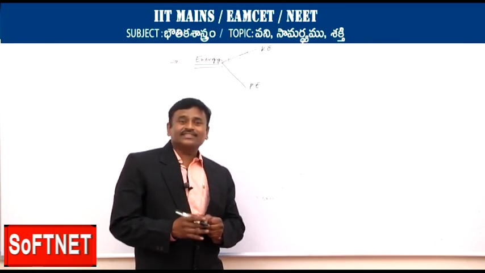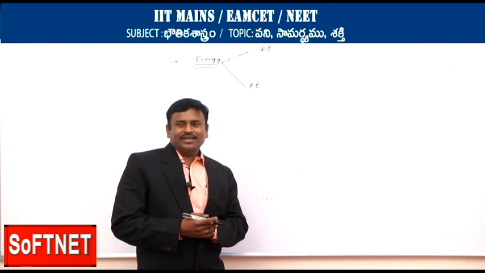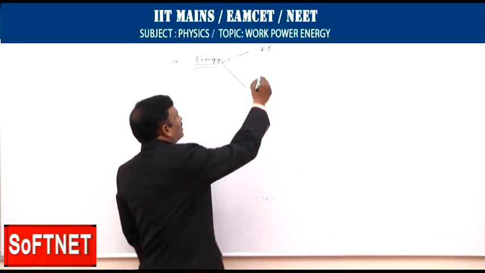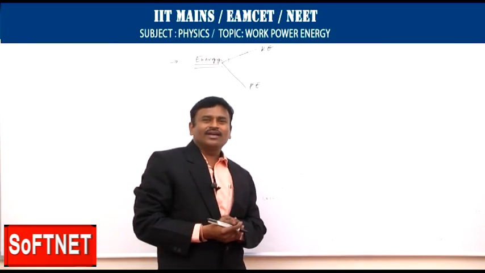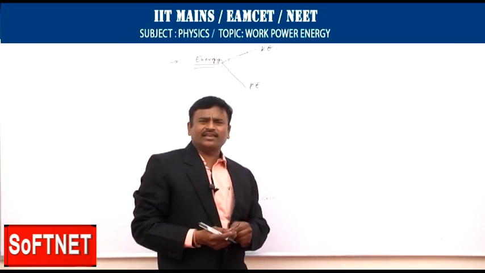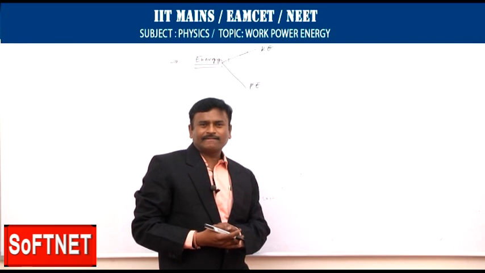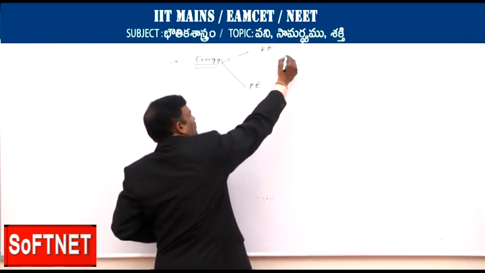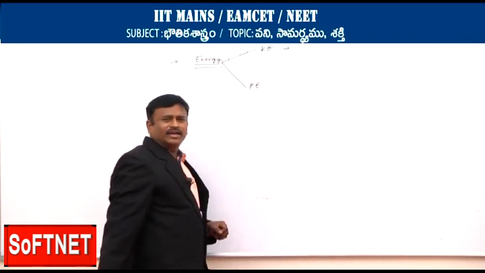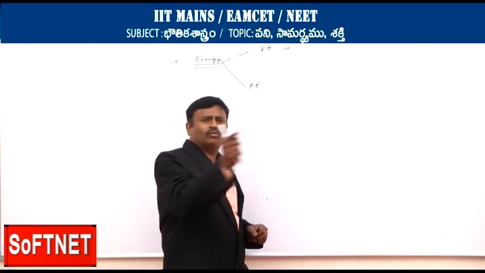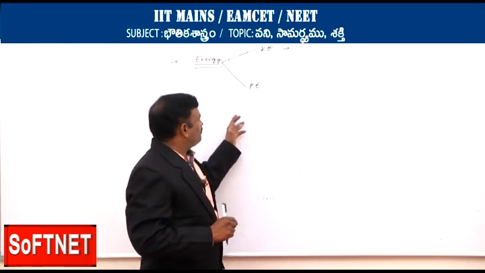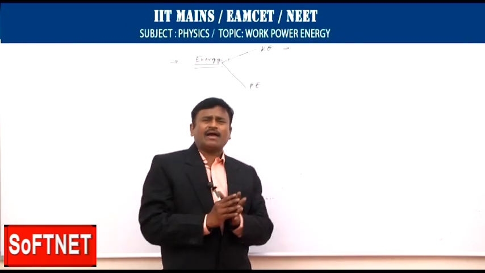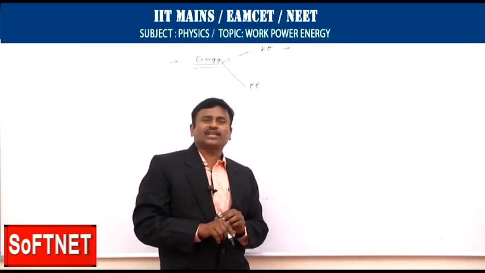పొటెన్షియల్ ఎనర్జీ అంటే స్థితి శక్తి. సో గతి శక్తి అంటే ఏదైనా వస్తువు గమనంలో ఉన్నప్పుడు దానికి ఉండే శక్తిని గతి శక్తి అంటాం. దానికి ఎగ్జాంపుల్ బుల్లెట్. A bullet is fired from the gun, it will be moved, that possesses what kind of energy, kinetic energy. If water is stored in a dam, what kind of energy it possesses, potential energy.